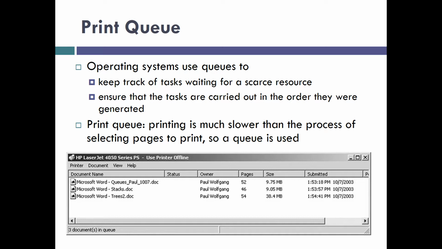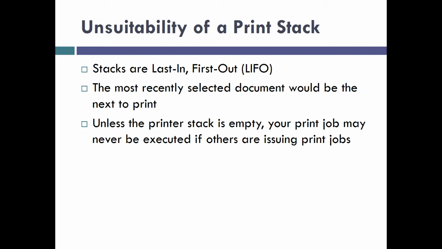Well, because the first person to be served is the last person to make the request, the person who's waited the least. And that means if you're actually the first person to come in and somebody comes ahead of you and somebody comes ahead of them, you might not even ever get served. Or even worse, you might be the game theory type of person who realizes that if you're dealing with a print stack and you try to print something, but then somebody tries to print ahead of you, right? Then what do you do? Well, I want my thing printed first, so I'm going to print now, and then they're going to print, and so now you get into a printing arms race, because you're all going to just keep cutting in front of each other, right? So you don't want a print stack